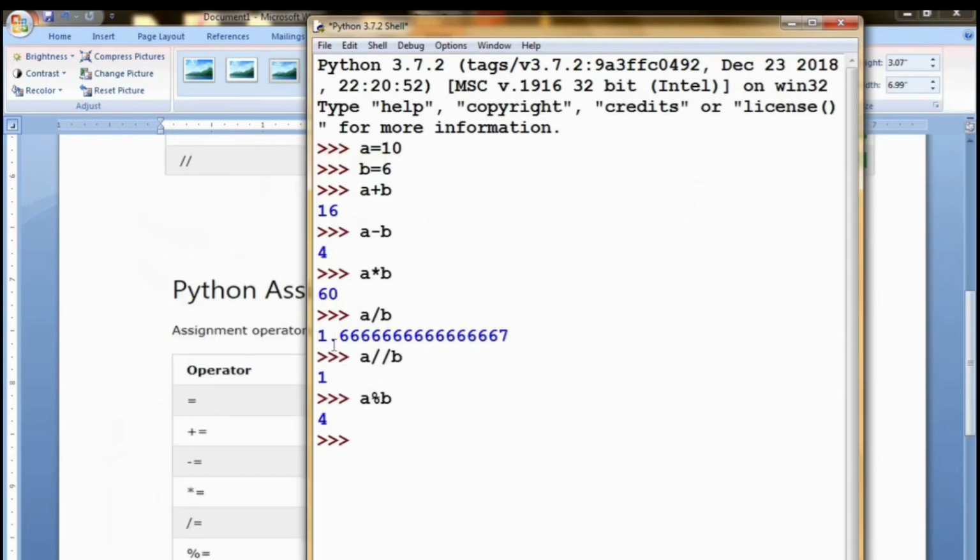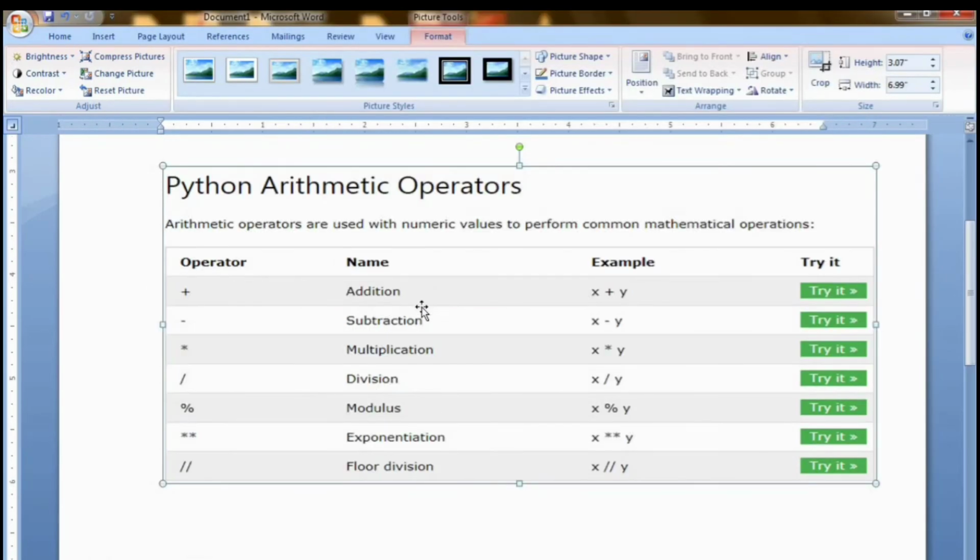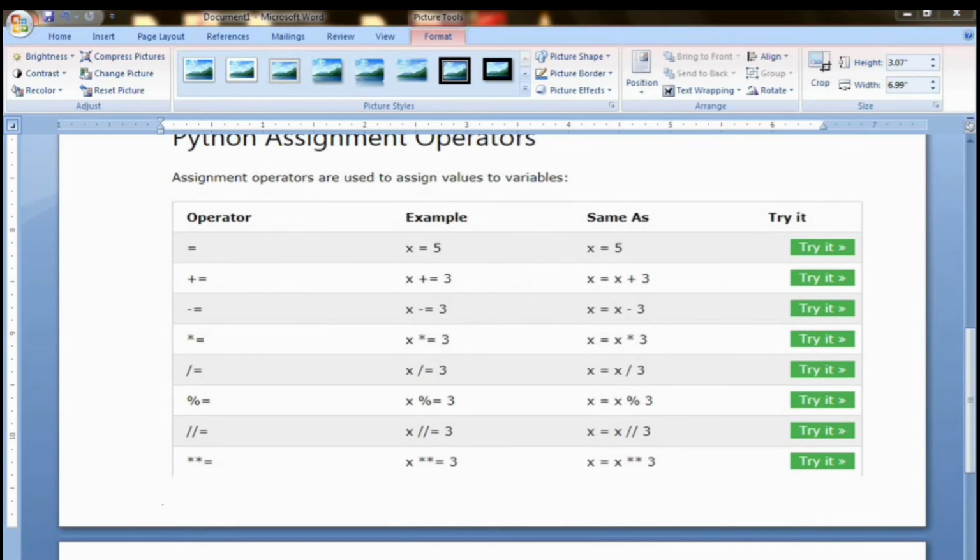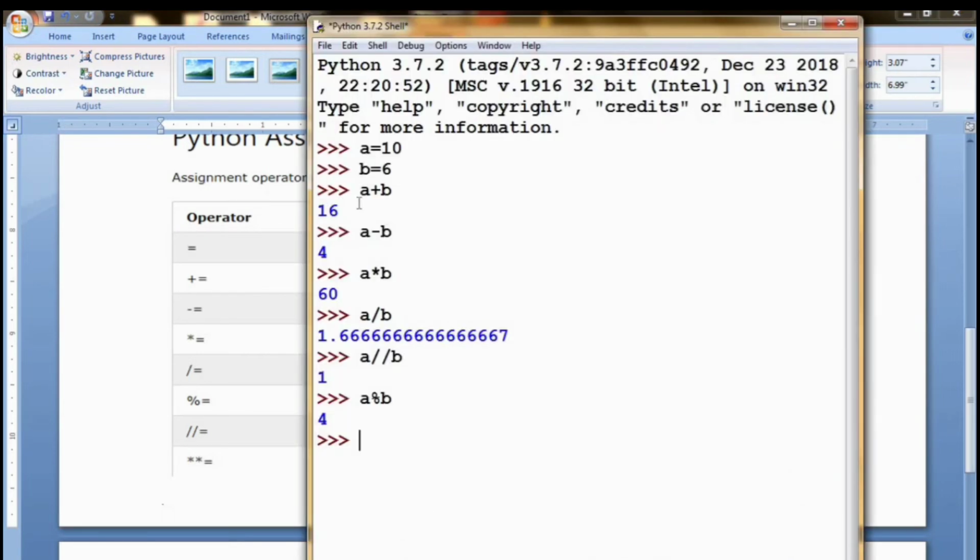So today we have learned two concepts, the arithmetic operators and the assignment operators. Have you noticed that here there is no print statement, but still I am getting the output? That is the importance of this shell. Without using the print statement, you can get the output here. See here, I just typed a plus b, but I haven't used the print function. In this Python shell, you don't need to use the print function. Instead, if you just enter the variable, the output of the variable will be printed. So this Python shell is more useful for line by line coding.